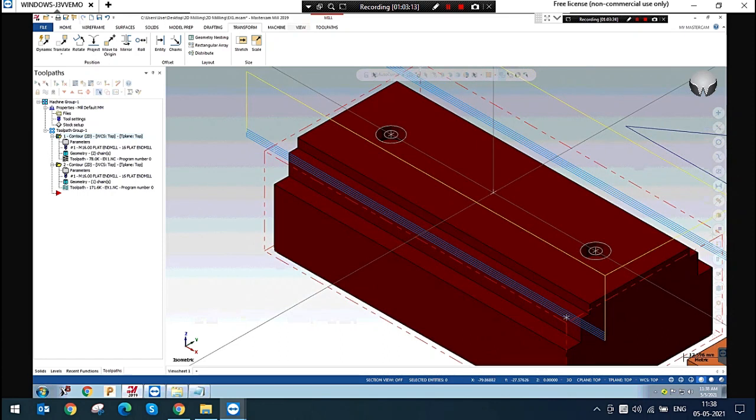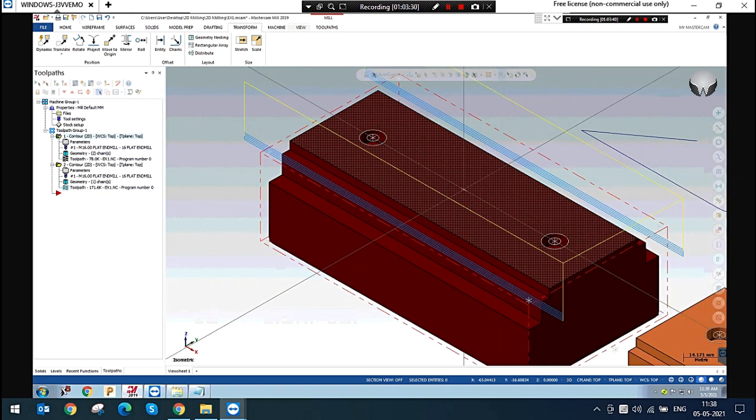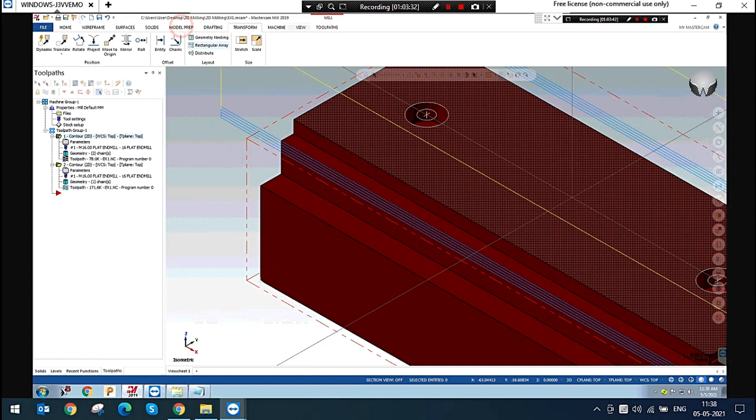Again, the model has been revision changed. The depth will be changed. But we are already all set with the programs. We don't need to create another program, but we have to modify the program and modify the model. Okay, we can do this. So now I am going to change this depth from 4.5 to 5 mm.